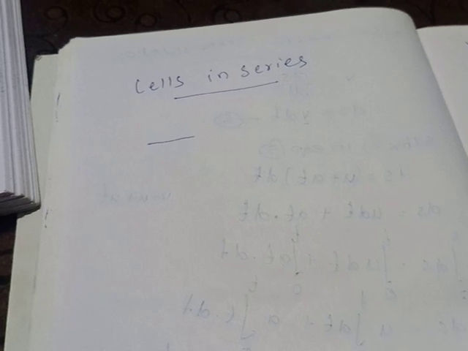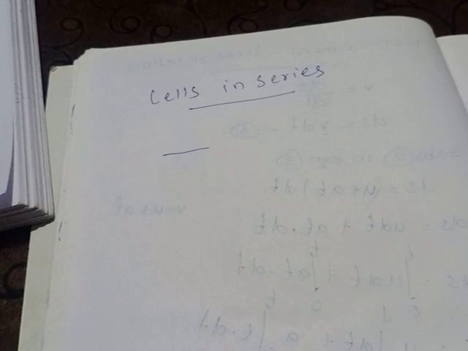Nowadays in the home we are also using an inverter, and there also we are using a battery. In the vehicle you are using a battery. Here you can see different components which are connected together. So several cells can be connected to form a battery. Here we are going through how we connect these cells and what types of connections we can do.